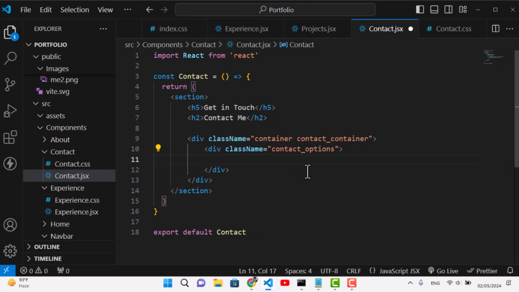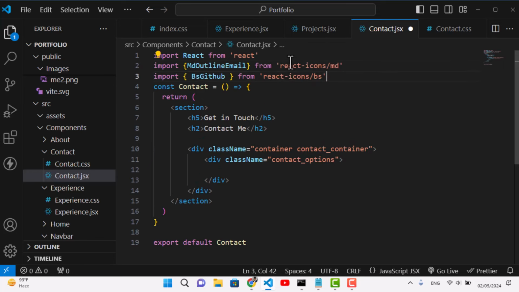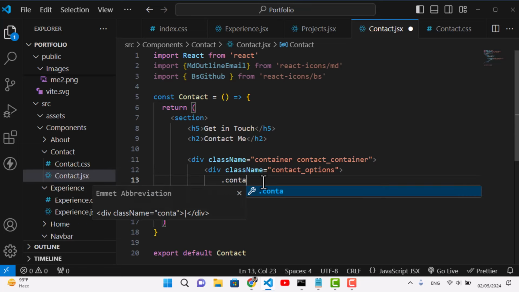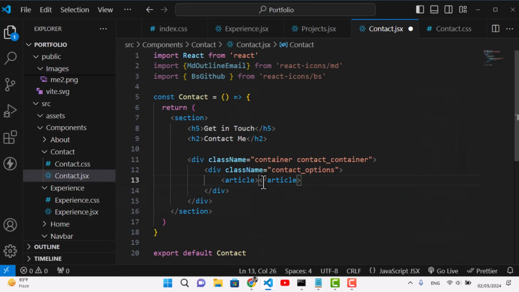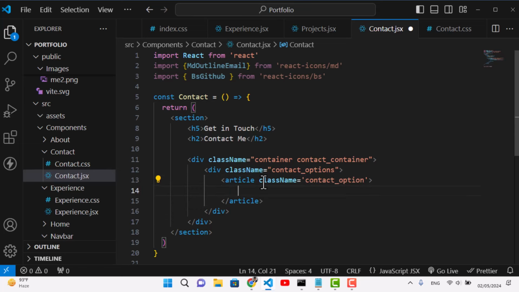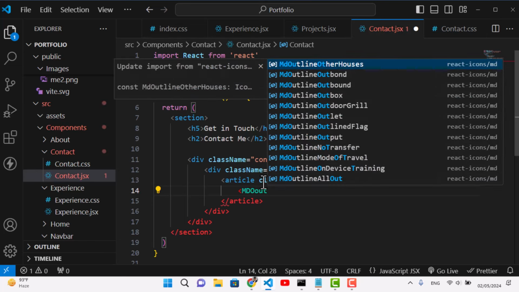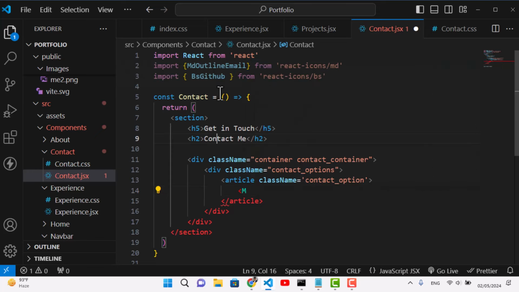So let's first of all import the icons, paste it. We will import these two icons. So let's come here, let's write article and add a class name, contact option, and inside this let's first of all use the icon MdOutlineEmail. Let's copy this icon name and paste it here, add a class name, contact option icon,